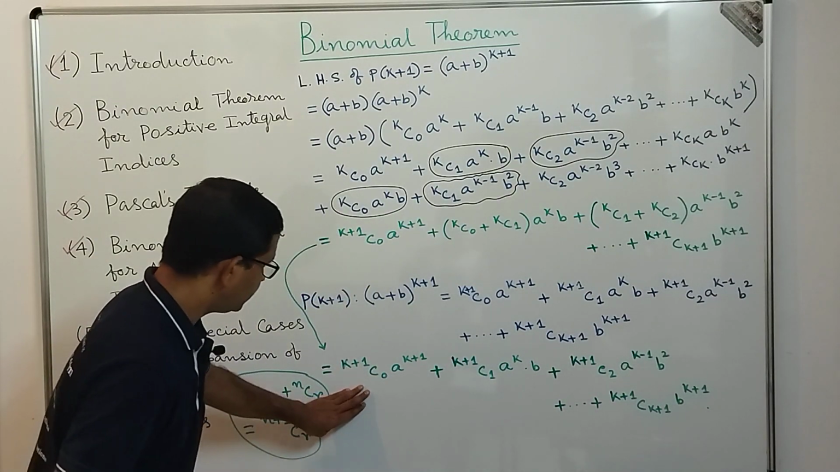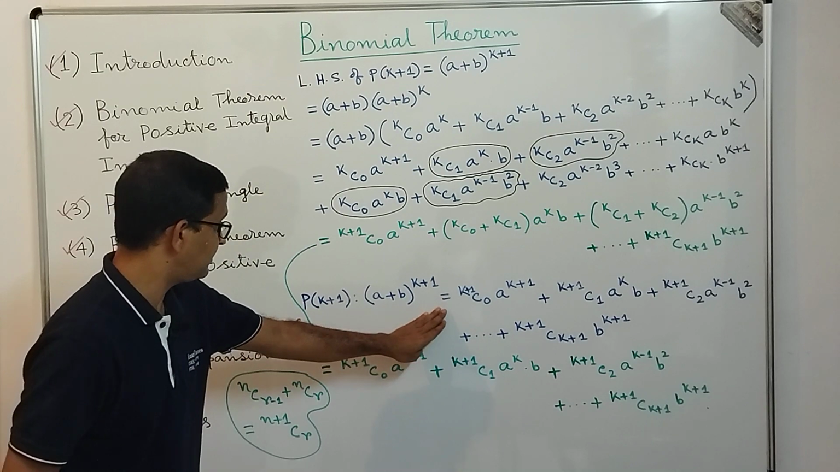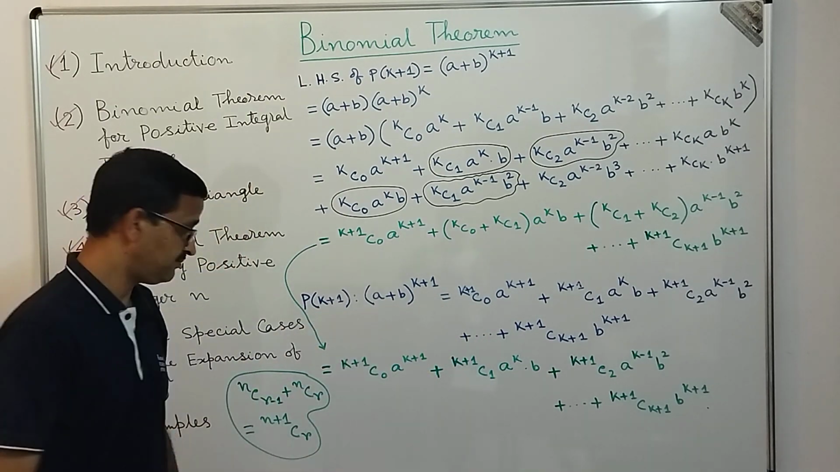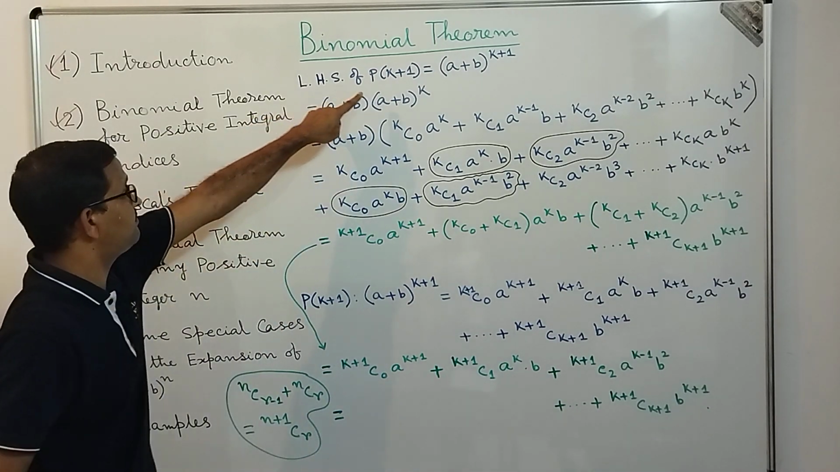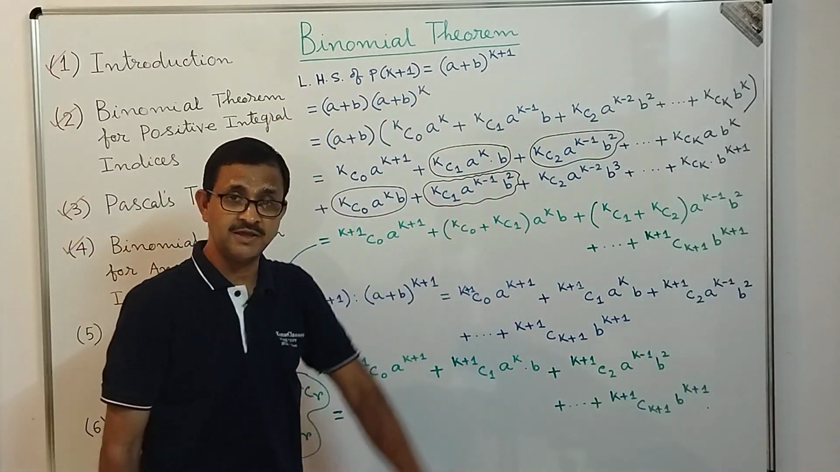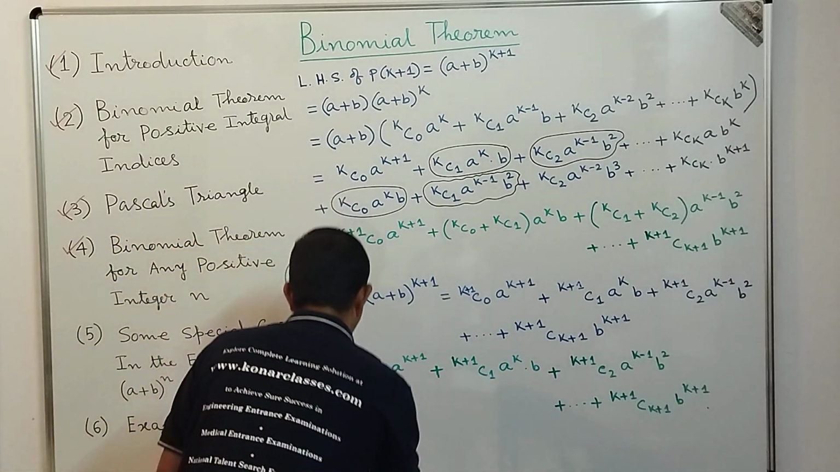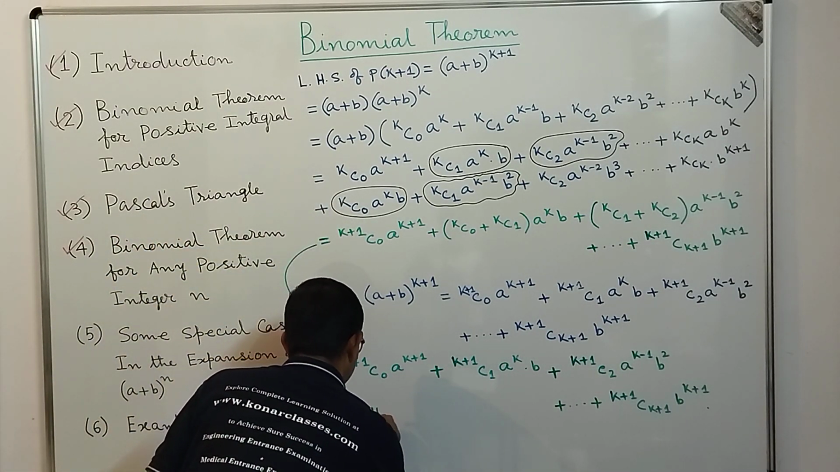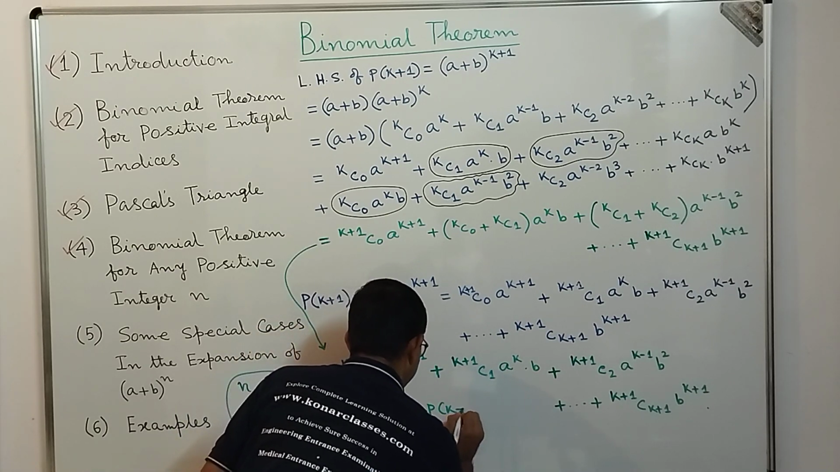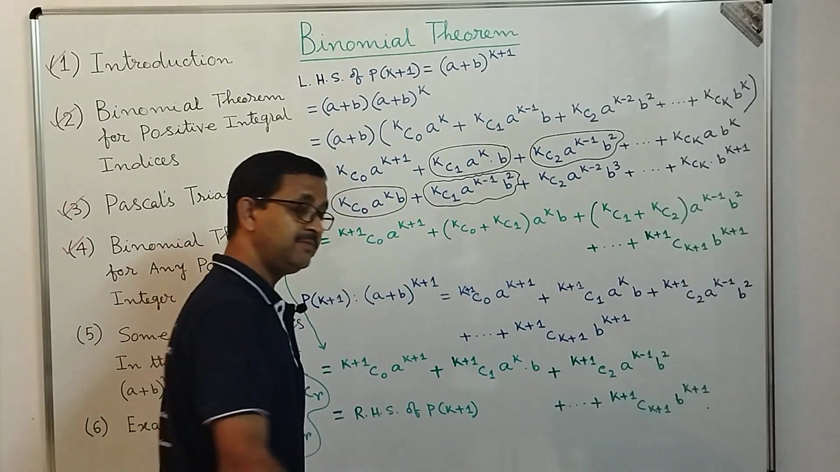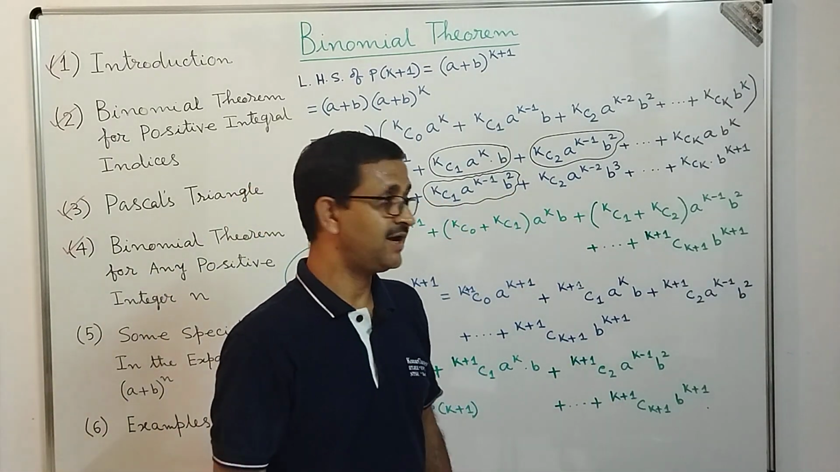And if you look into it, dear students, whatever I have written in the green color, that is nothing but whatever is there in the right hand side of pk plus 1. So dear students, we started with the left hand side of pk plus 1, that is a plus b power k plus 1, and we are able to prove this is equal to the right hand side of pk plus 1. So by means of the principle of mathematical induction, we are able to prove that a plus